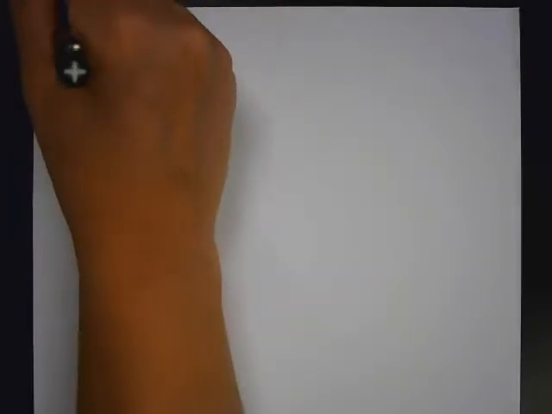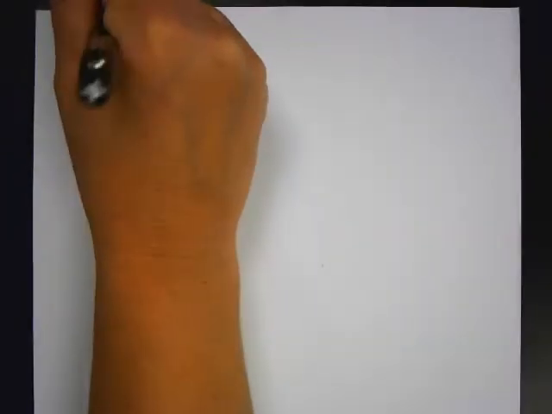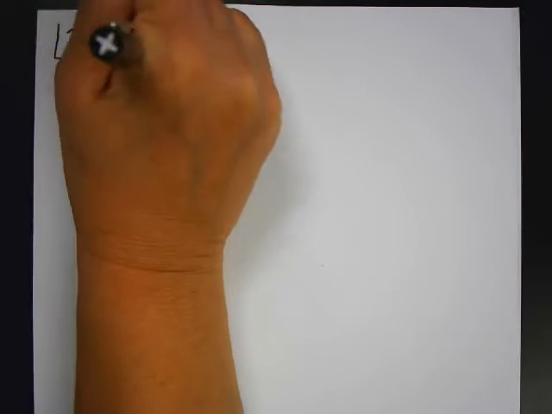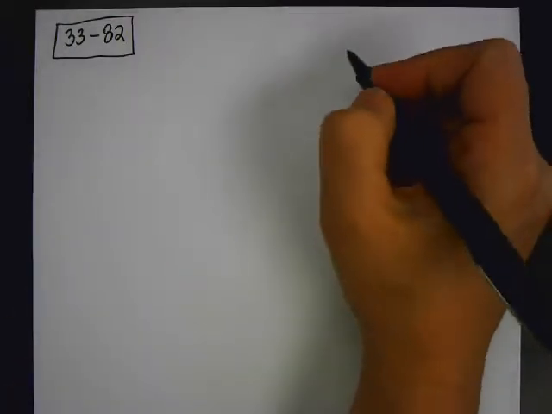We're going to look at assignment 33, problem 82. When you look at the picture of this, there's a lot going on. Again, these are just not simple conservation of momentum. What's going to happen is you have a bunch of different things going on. So when you look at the picture,